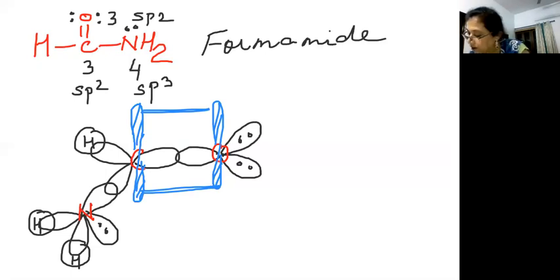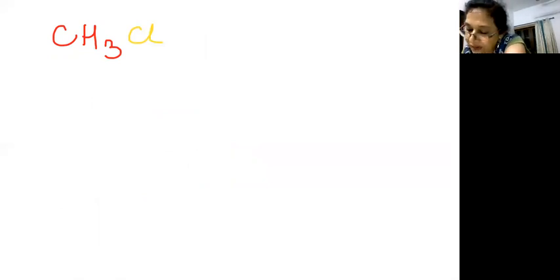Let's do the next structure now. Okay. The next structure which I had given you was chloromethane. So what is chloromethane? CH3Cl. This is chloromethane. If you look at chloromethane, the chlorine here, I can see there is just 1 bond which they have made. That means I am accounting for 2 electrons. Total number of electrons have to be 8. So let me make the lone pairs. So we have 3 lone pairs there. Fine, this is chlorine. Now let me calculate the steric number.